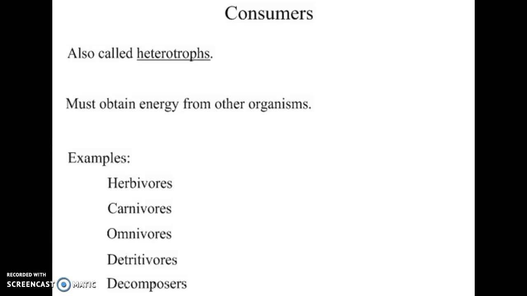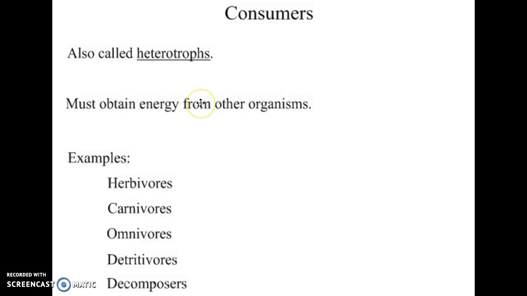But what about the living things that cannot make their own food, like us? Well, we are called consumers. Consumers are also known as heterotrophs. Once again, both of those are vocabulary words. I'd expect you to know both. Consumers usually rely on those producers as their form of energy. All right, so we'll eat plants and form a food chain, which we'll be looking at in the next section.